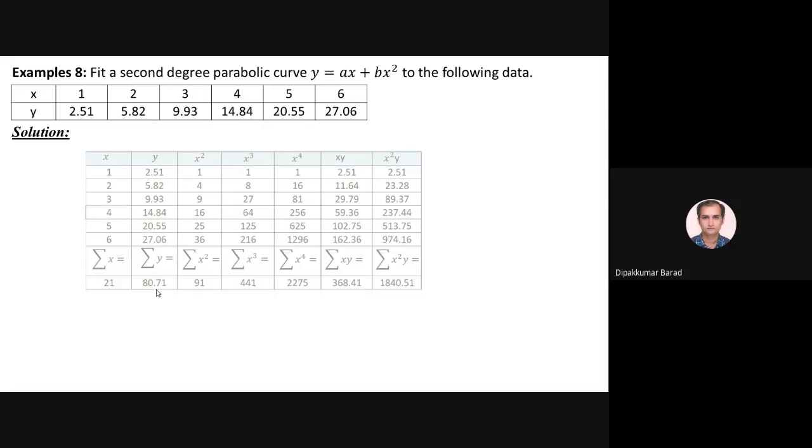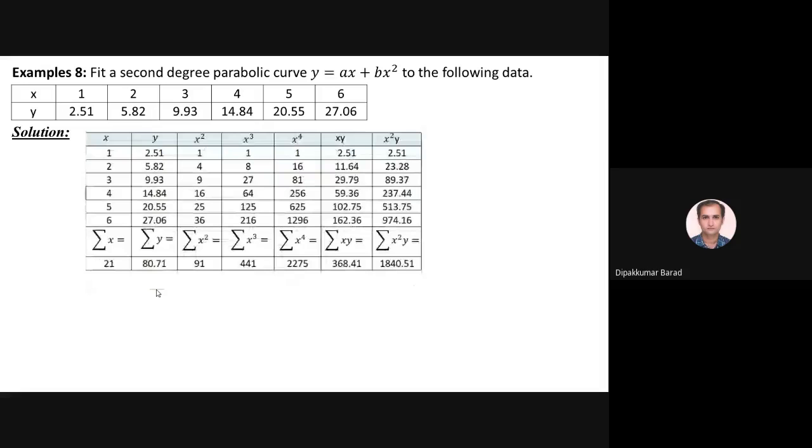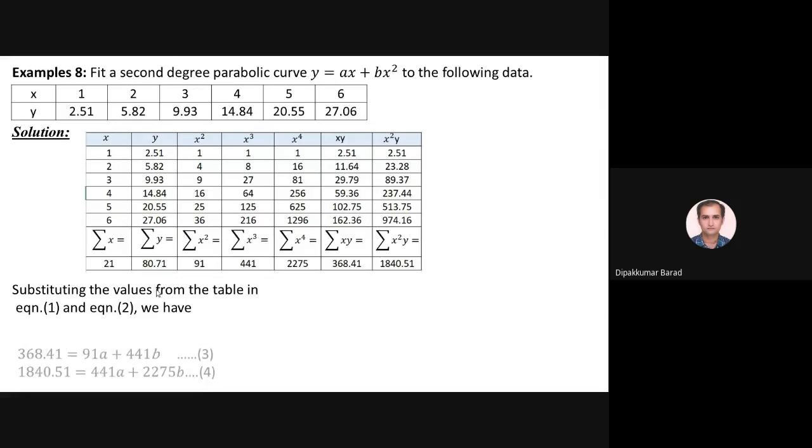So find out the table: x, y, x square, x cube, x raised to 4, xy, x square y, and put this value in our normal equations. We get this. Previously in quadratic equations we had a plus bx plus cx square. Instead of that, now we have y equal to ax plus bx square. So our normal equations will be summation xy is equal to a summation x square plus b summation x cube,